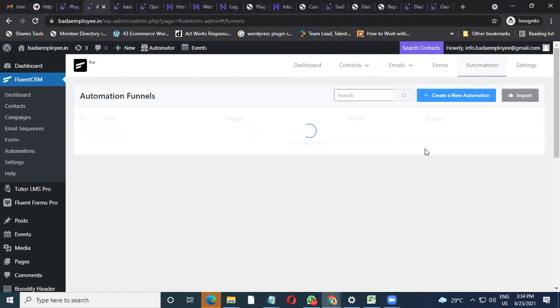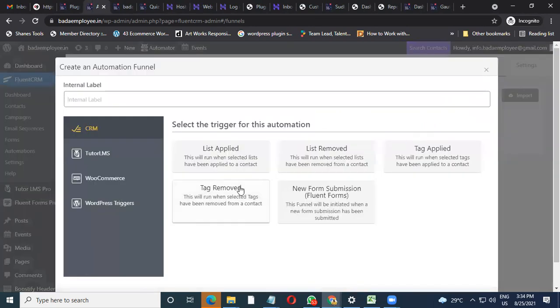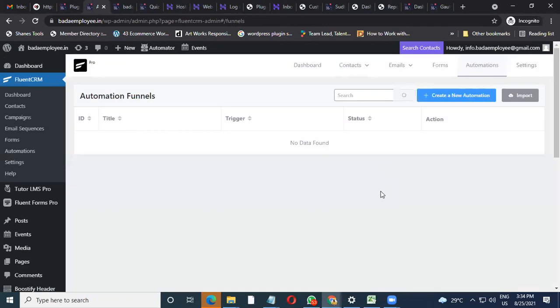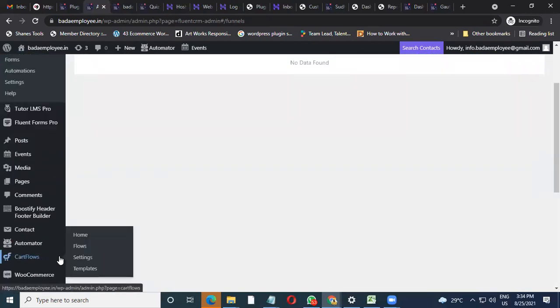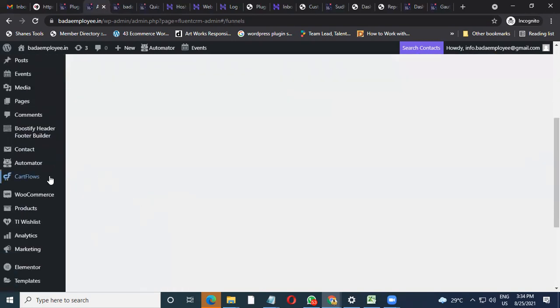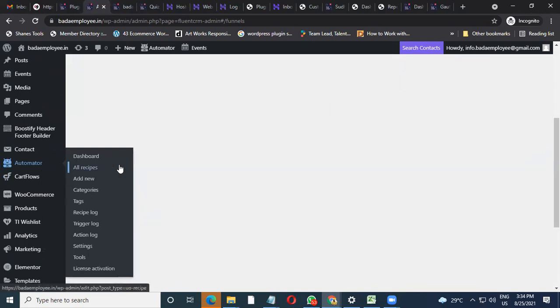It is pretty easy, but as a beginner, I would suggest it will be too much for you to understand and take the load of all these things. So go slowly. You will be able to understand it also. Go with the flow of at least taking a start of adding courses and all. The tools are already there. Don't worry about it. I showed you the LMS. I showed you your landing page creation tool, that's with CartFlows. I showed you your CRM. I showed you your forms. And then this is one more we have.